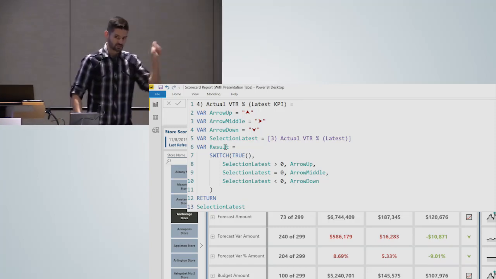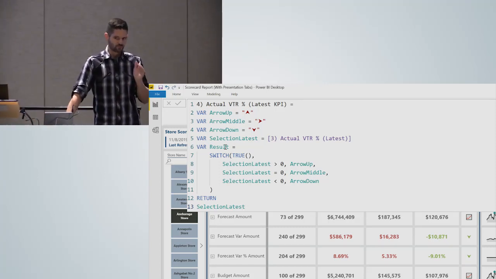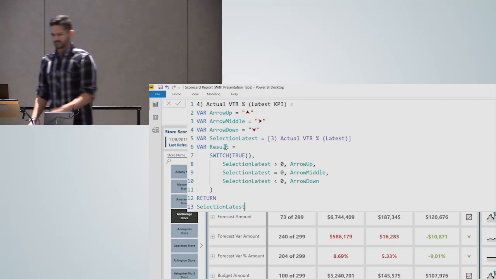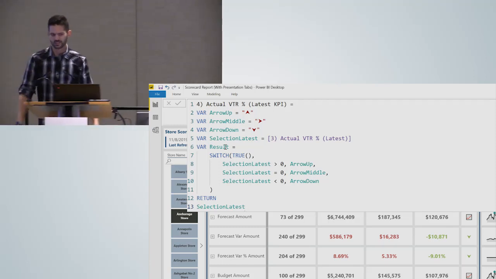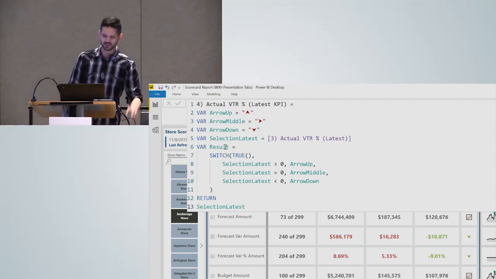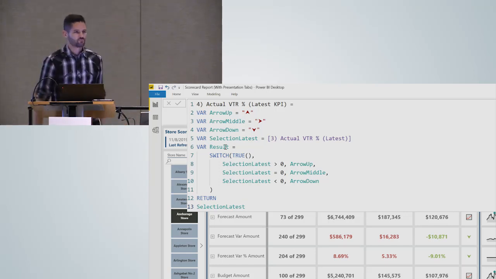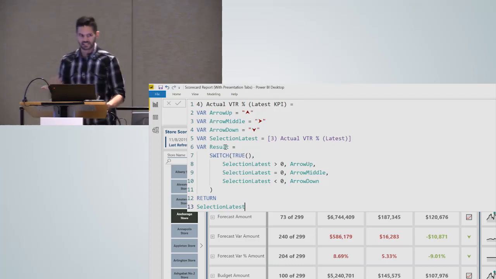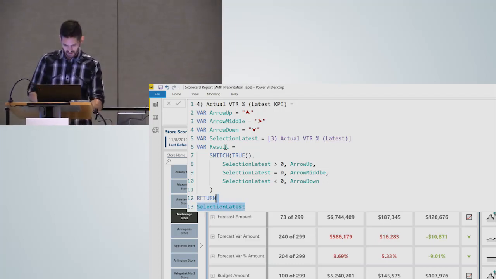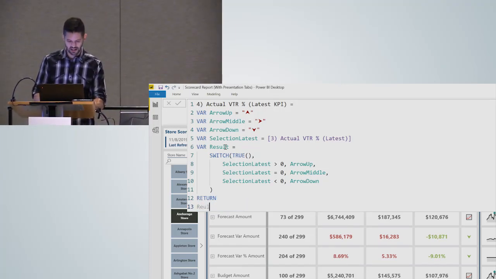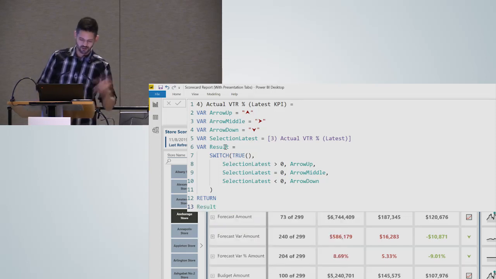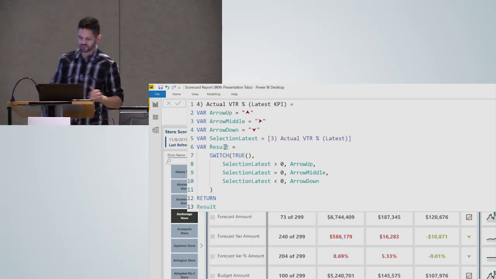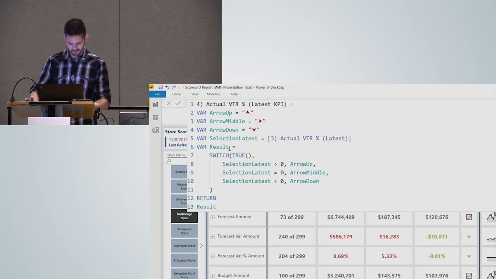So that's also another reason it's really nice to, even if it's not for performance reasons, every little thing that you can declare as a variable makes it that much easier to test if anything ever breaks. I think it was one of the SQL BI blog things that mentioned this, maybe another presentation, but as soon as I saw that, I hadn't thought of that, but man, that makes my life a lot easier as a developer if I'm testing anything that's not working correctly. So my recommendation to you with anything that is more than a few steps: variable result, return result, saves you a lot of time for testing.